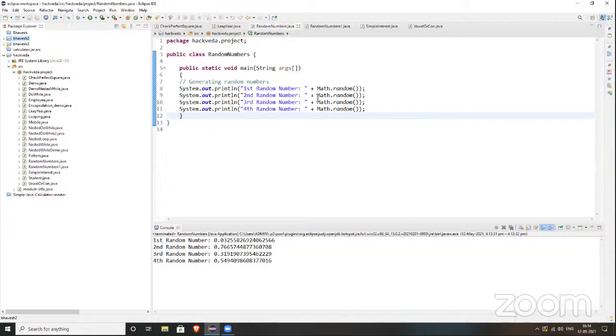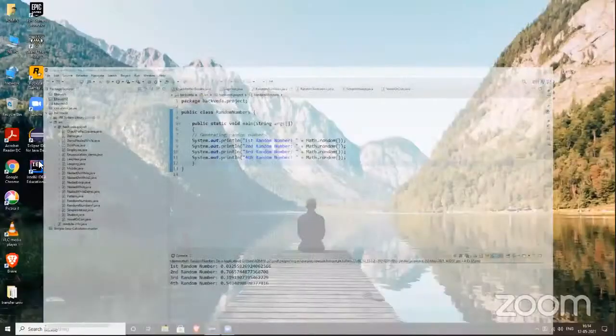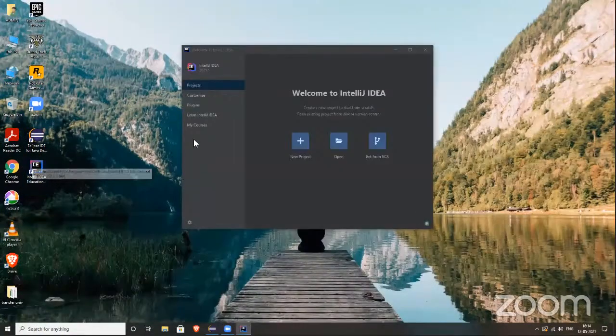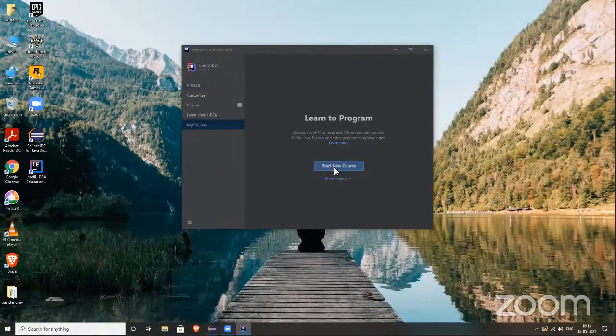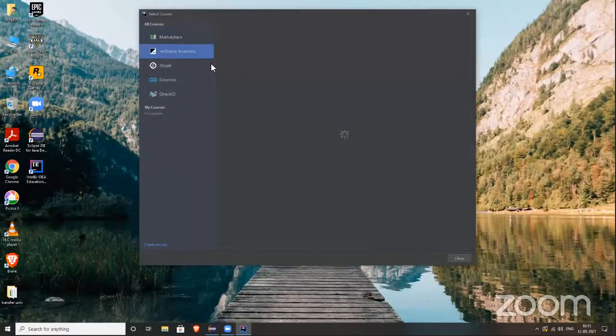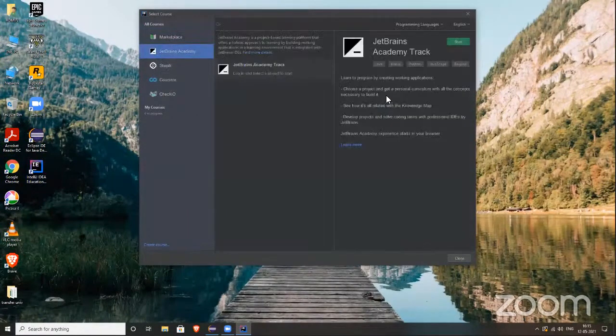And can you share your IntelliJ screen? Do you have your IntelliJ open right now? No, I haven't. It was giving some error. I don't know. Okay, no issue. We can solve in the Eclipse also. It was giving this error. I don't know what it is saying.